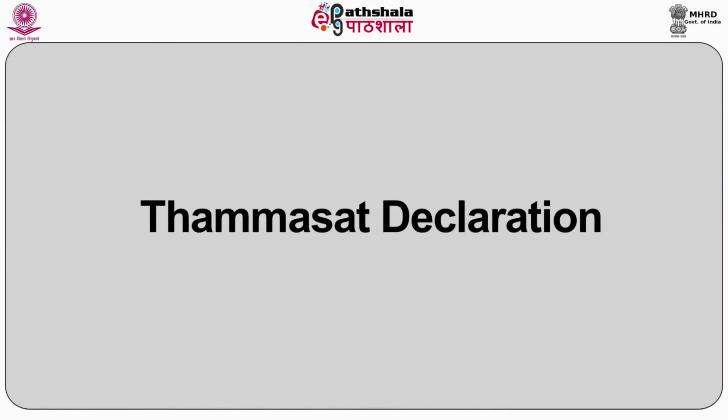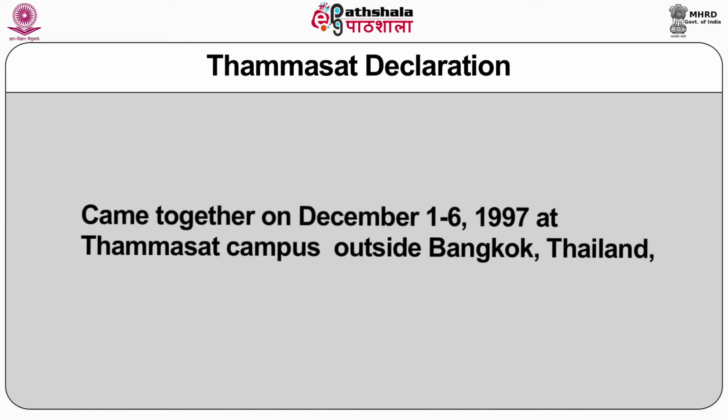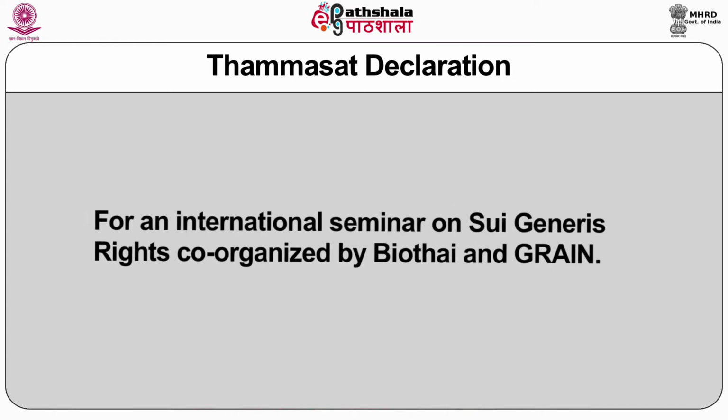As mentioned in the beginning, we would also pay attention to another important, very knowledgeable document, the Thammasat Declaration. 45 representatives of indigenous, peasant, non-governmental, academic and governmental organizations from 19 countries came together on December 1st to 6th in 1997 at Thammasat campus outside Bangkok, Thailand, for an international seminar on sui generis rights co-organized by BioThai and GRAIN. They met to study, assess and develop their response to the increasing privatization of biodiversity and local knowledge, especially as driven by the trade-related intellectual property rights, TRIPS agreement of the World Trade Organization and resulting legislation at the